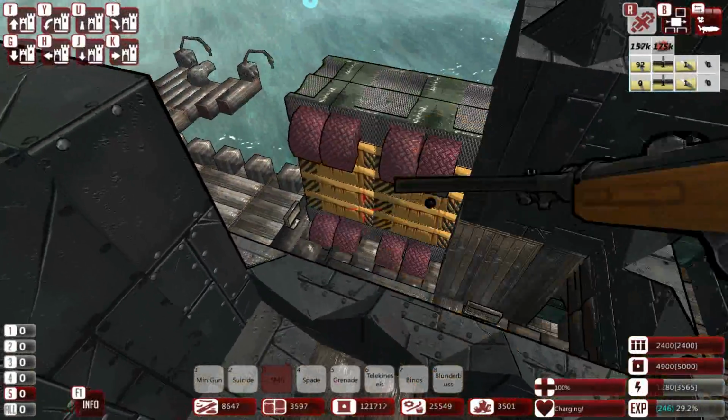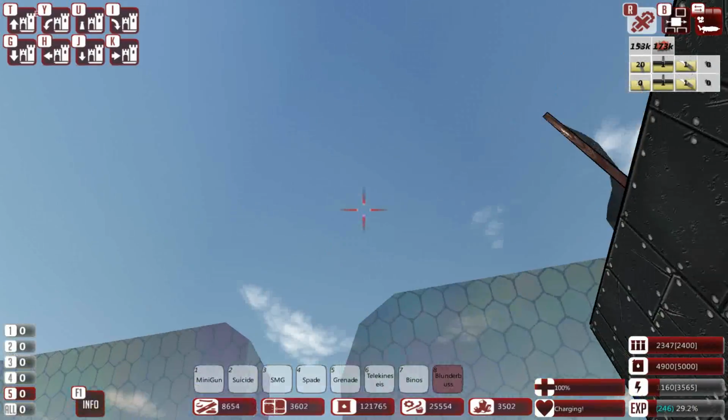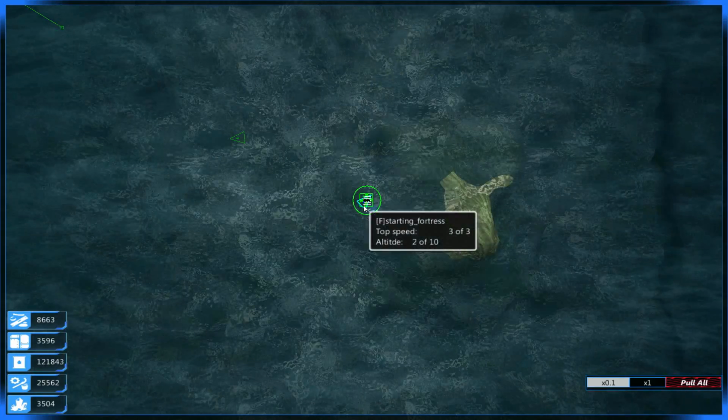Probably shouldn't have these two explosive things right here as well. Probably shouldn't shoot the explosive things. Blunderbuss. Anyway, do these things still reflect if you shoot behind them? No, that's changed back. Excellent. Okay, so